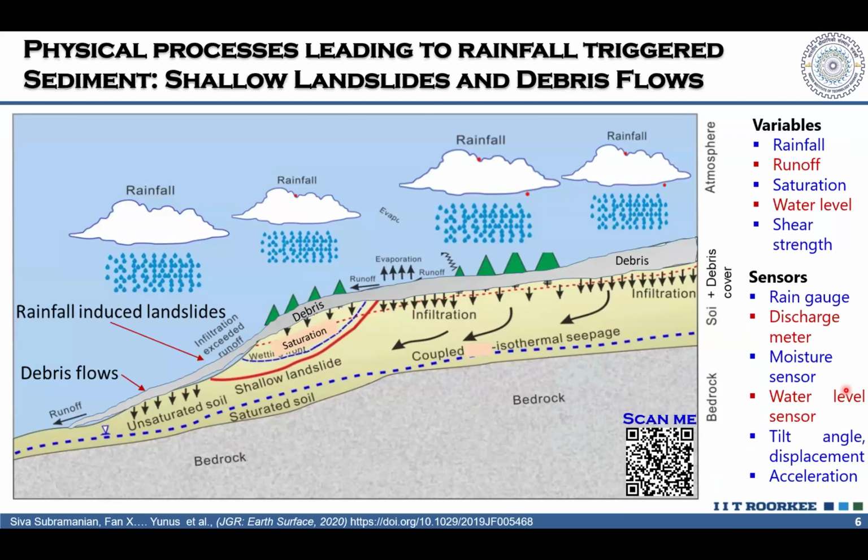In addition to it, if we draw a two-dimensional diagram of the physical processes that happen during a rainfall-induced landslide and debris flow, we go back to the fundamental soil mechanics textbook, in the case of a saturated soil mechanics textbook or the unsaturated soil mechanics part. So we go to the textbook. What the textbook tells us is the hydrological processes that happen in a slope. We have the supply of the moisture flux boundary condition in the form of, let's say, rainfall. And we have the wetting front advancement that happens because of the infiltration.